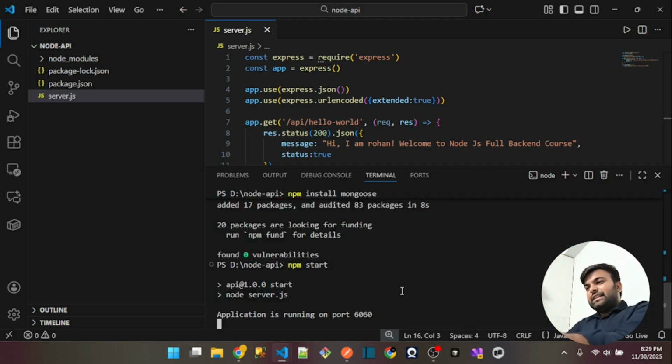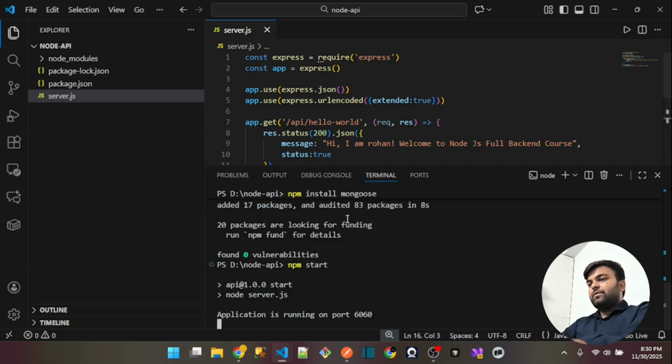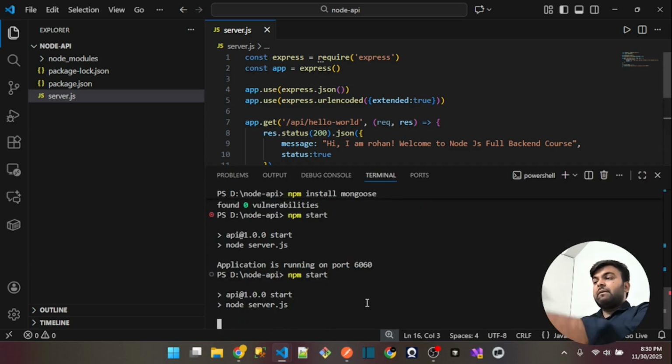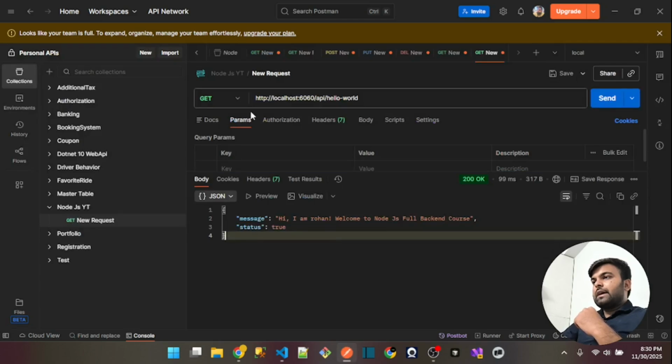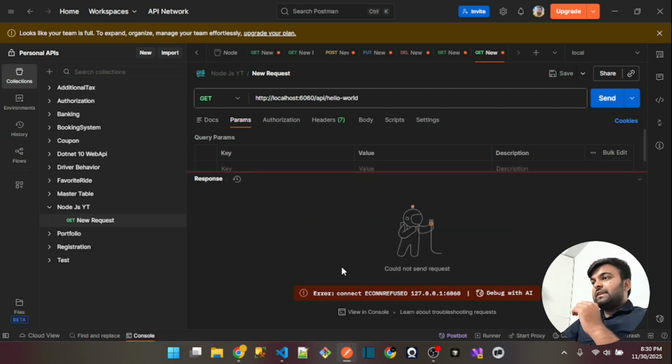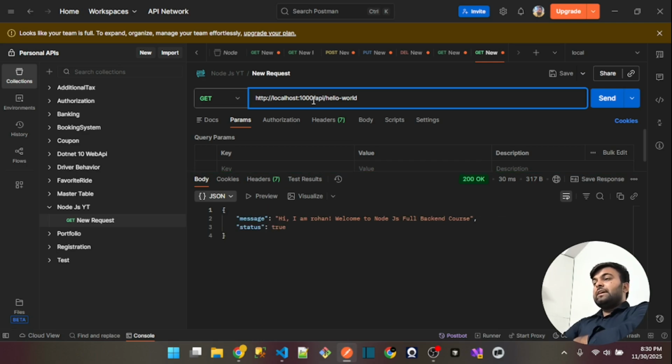You see that the application is running on port number 6060, and we can change the port number as well. Like if I want to run the API on port number 1000, simply I will run the API again. First I will hit this endpoint and we will see that nothing is happening here. But if I search with the port number 1000, in this way